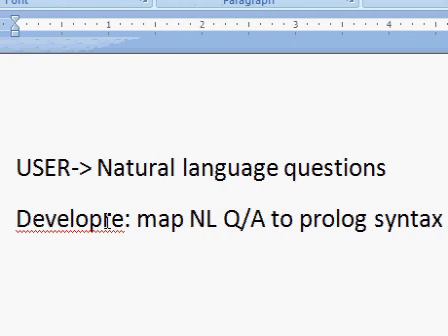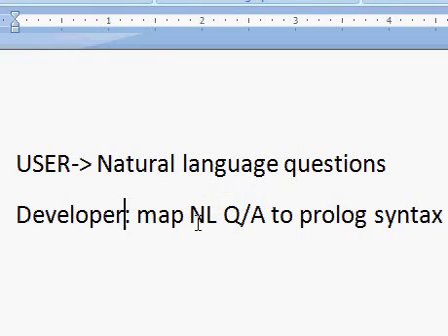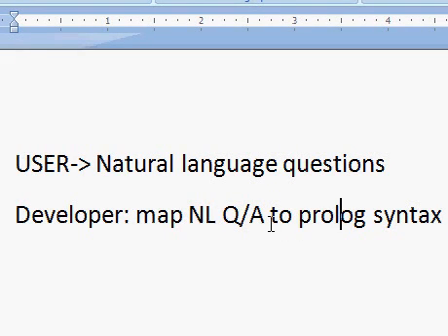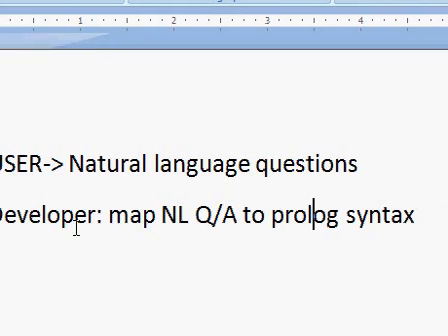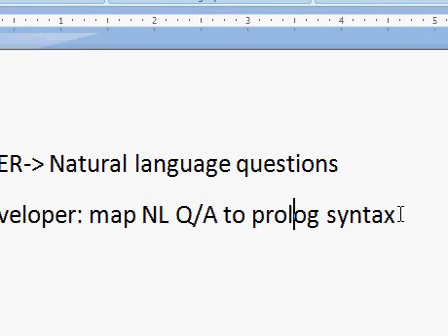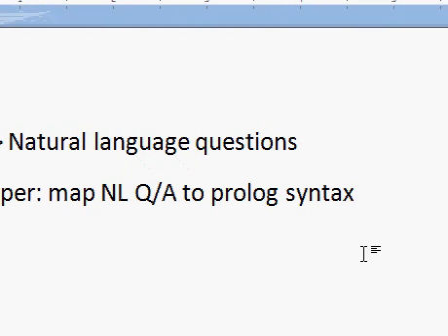The developer has to map natural language questions first, and then after interaction, the answers generated by the Prolog engine in Prolog-equivalent syntax have to be mapped back into natural language. This is the bidirectional process which the developer has to provide,